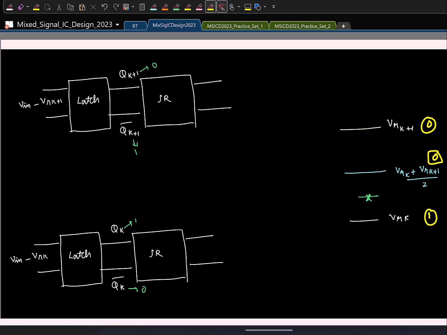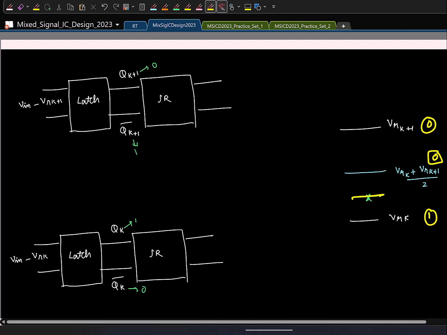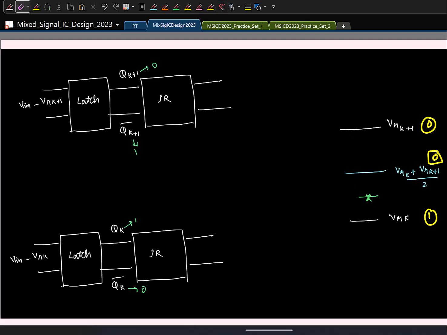Remember that if the input difference the comparator is sensing is small, it is going to take a longer time. So here the difference is this much. For the k plus 1th, it is so much. So which will finish faster? The upper one will finish faster, right? So if I were to sketch the outputs,